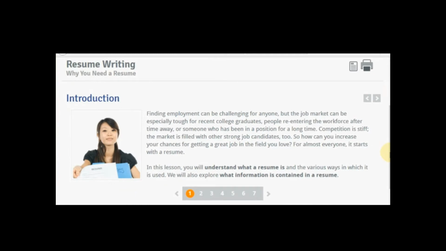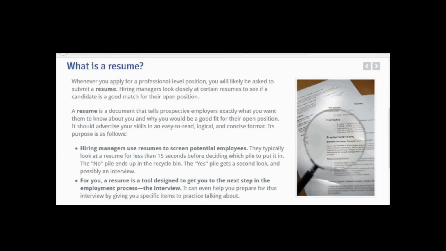As an introduction, why do you need a resume? Your resume is your life history in a summary. This material we're using for this tutorial is from the GCF. Okay, a resume, as we can see on the screen, is a document that helps